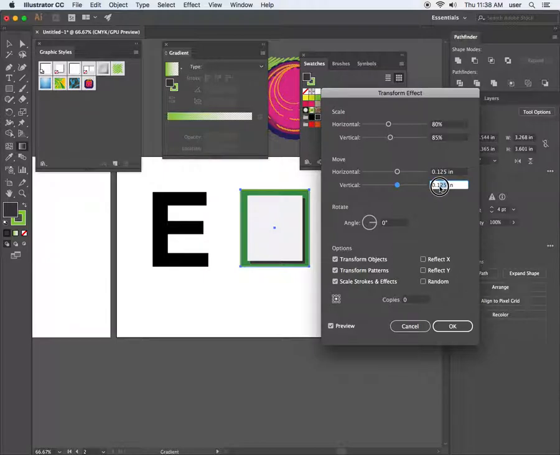That value can depend on whatever you want it to be, but I'm just going to use like a 0.1 value. Okay. And when I press OK,